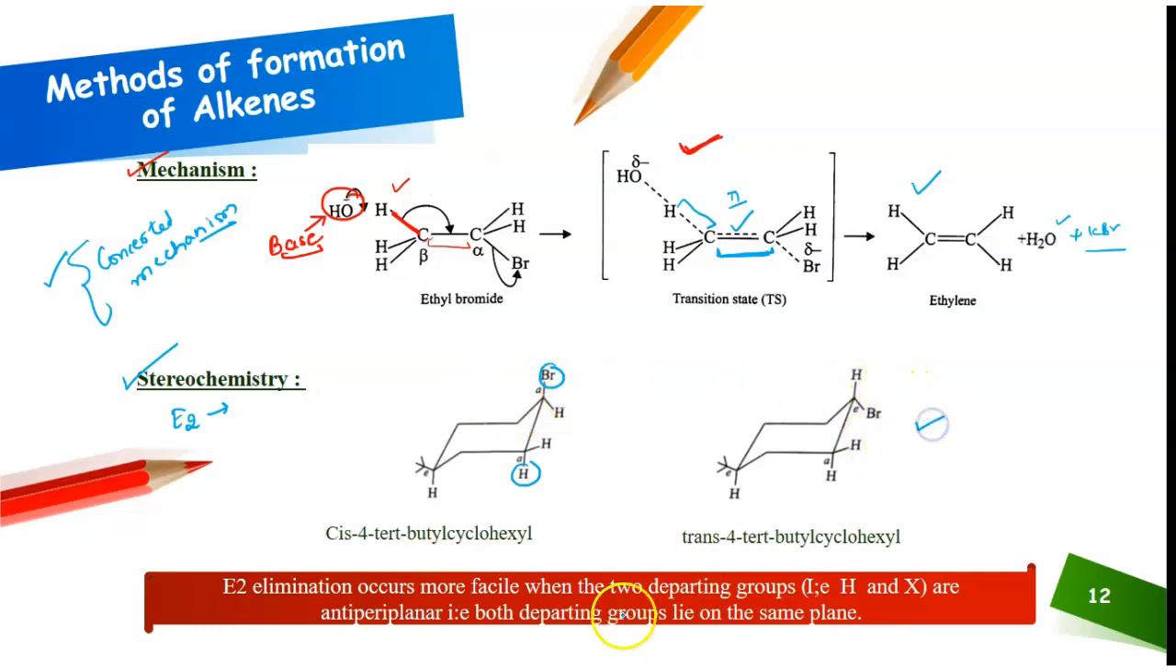Something like this. In the case of your trans-4-tertiary-butyl cyclohexyl bromide over here, you can see that both your hydrogen and bromide groups are on the anti-side to each other. No, not in the case of trans, it is in the case of your cis, that both your hydrogen and the leaving groups are lying opposite to each other. They are definitely lying on the same plane,